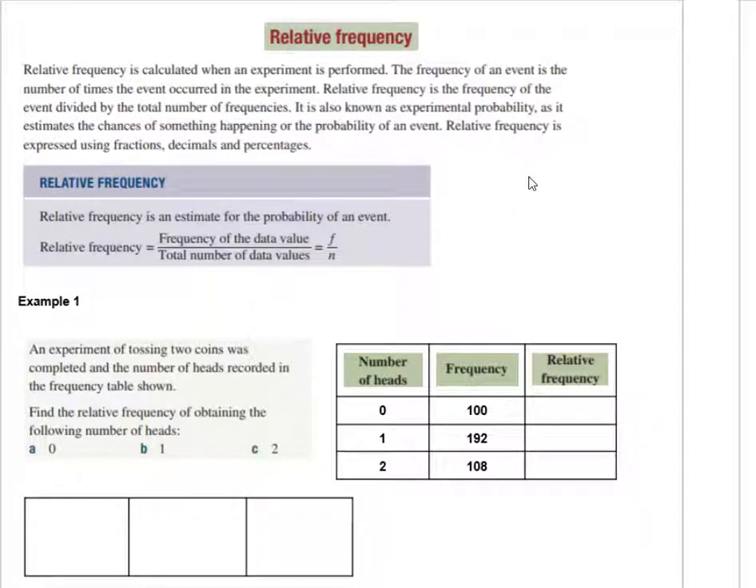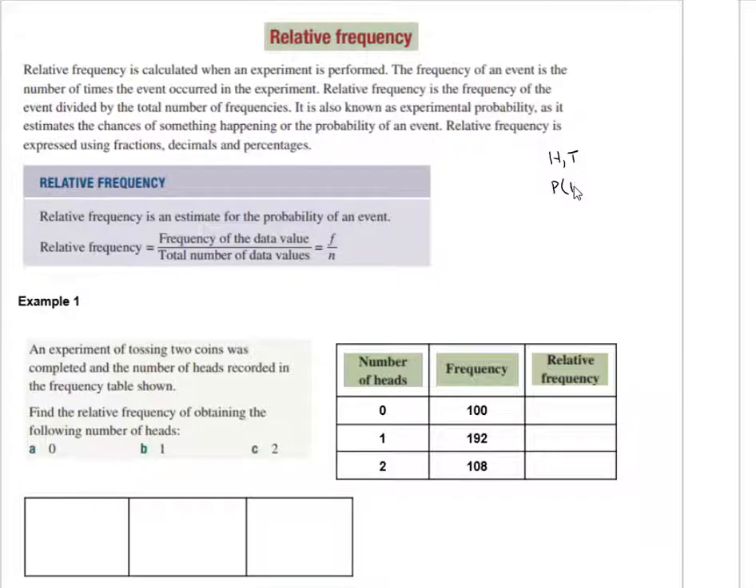This lesson is about relative frequency. Now, before I talk about relative frequency, let's talk about the theoretical probability of an experiment. So let's say if we toss a coin. If we toss a coin and we have heads and tails, then we know, in theory, that the probability of